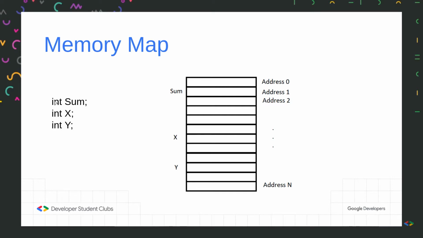So basically, when I say int sum semicolon, I'm saying that sum is a variable which can store int values. What are int values? Integer values like 0, 1, 2, 3, negative 1, 2, 3, and all those integer forms that we all are familiar with since our high school. So now what happens in our memory when we tell the compiler int sum semicolon?